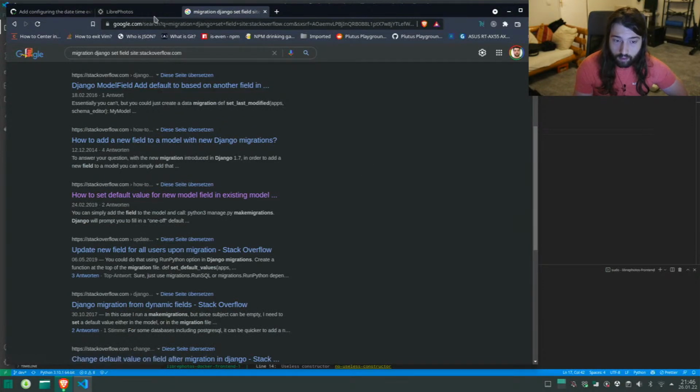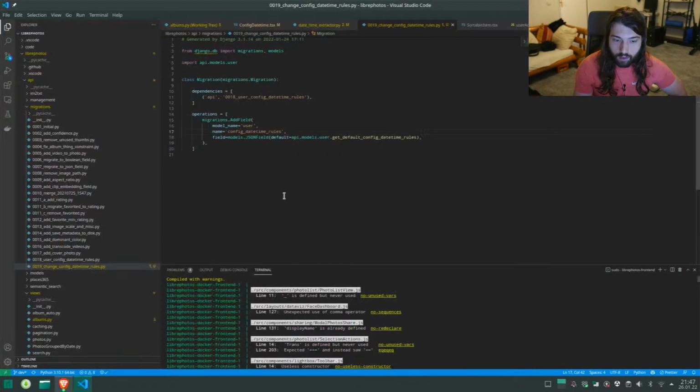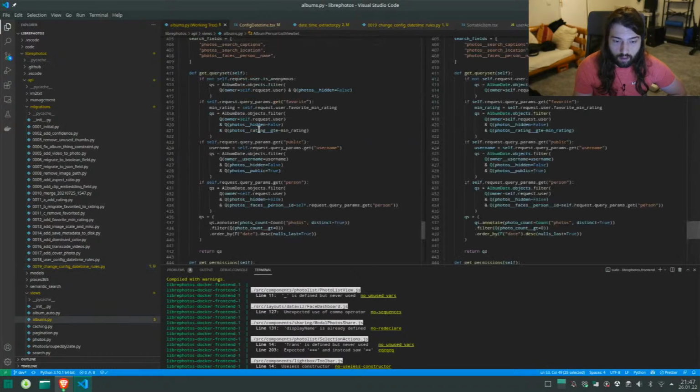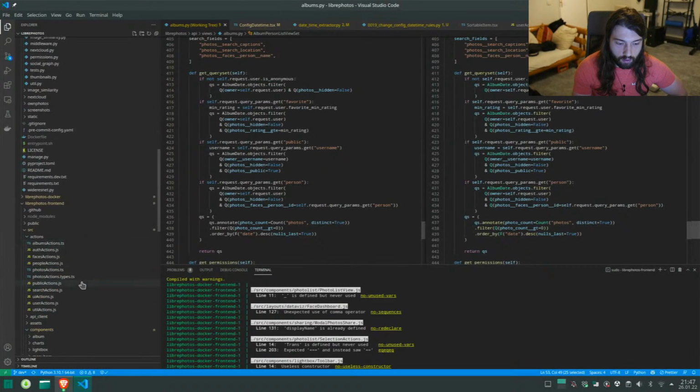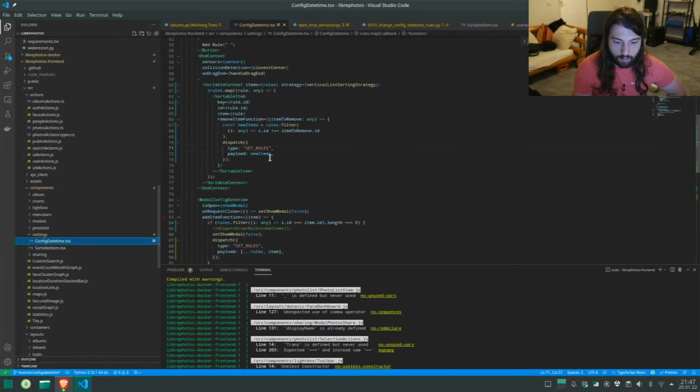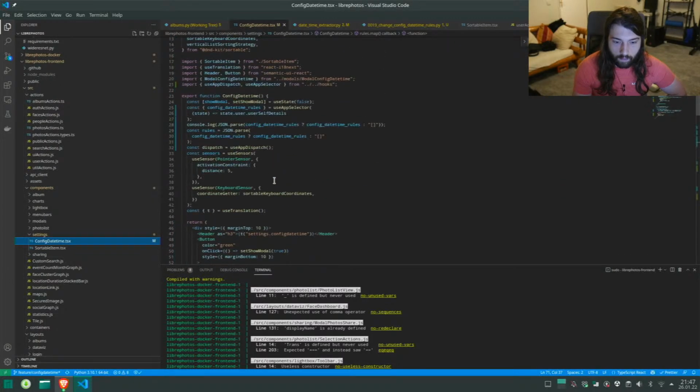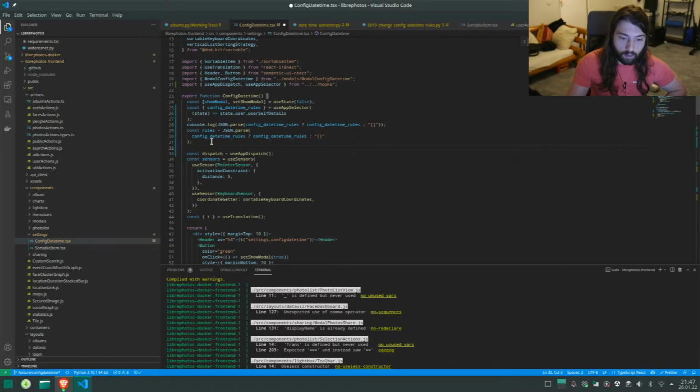That's not great. Then I will just add IDs, I guess, and then I will remove them again. So let's go to config datetime. So we now have our rules, and now we have to make sure